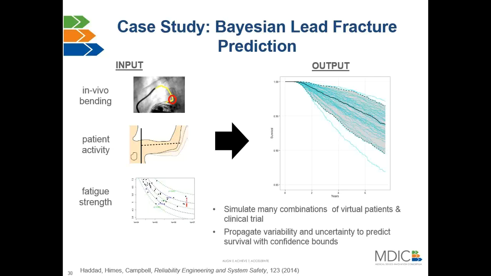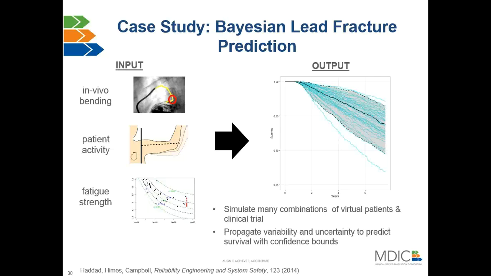And then finally, we need to understand the strength of the device to withstand these types of stresses. And so there's variation from device to device. As much as a manufacturer wants to control their devices and make homogeneous devices, there will always be variation between devices. So we need to understand that.